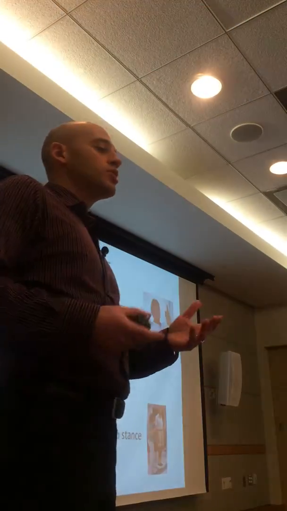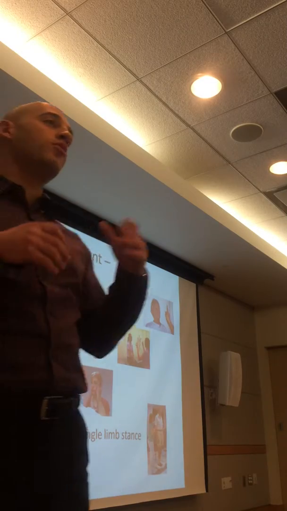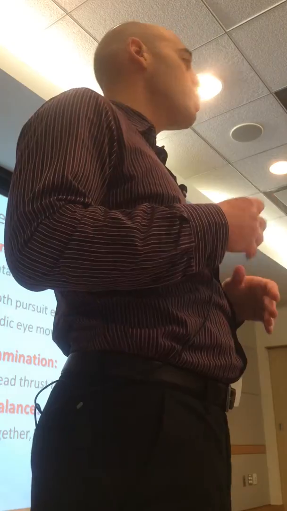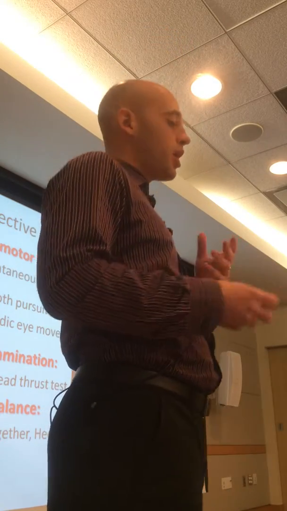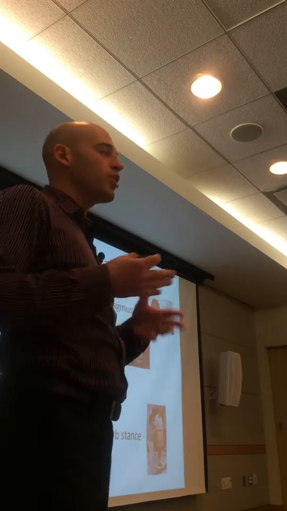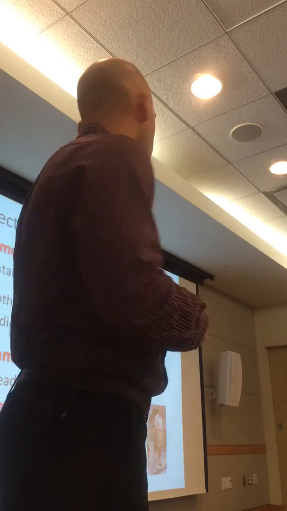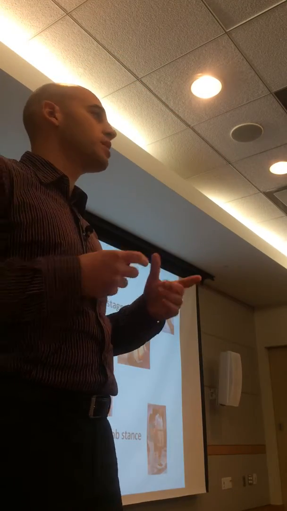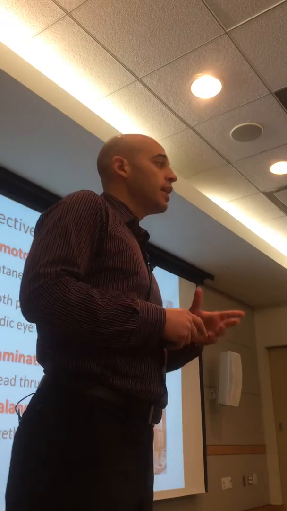So once the outcome measures have been completed and you've performed a thorough subjective assessment, that's when you would want to get into more of an objective examination. You would want to be testing certain things, including the ocular motor testing, vestibular ocular reflex testing, and also your gait and balance. Essentially what you're doing with these tests is trying to figure out whether they have any underlying issues, if there are any central nervous system conditions,